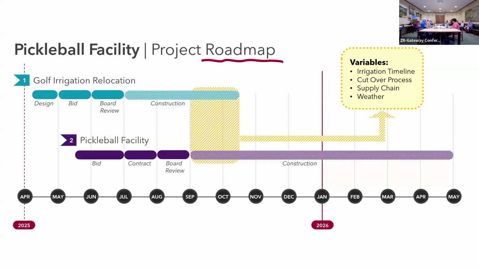main irrigation line, because if we go out to bid and then there's a significant delay, the contractor is going to come back to us with mobilization, their planning, and their sequencing of stuff. So we want a pretty firm timing before we put something out that we're going to ask them to commit